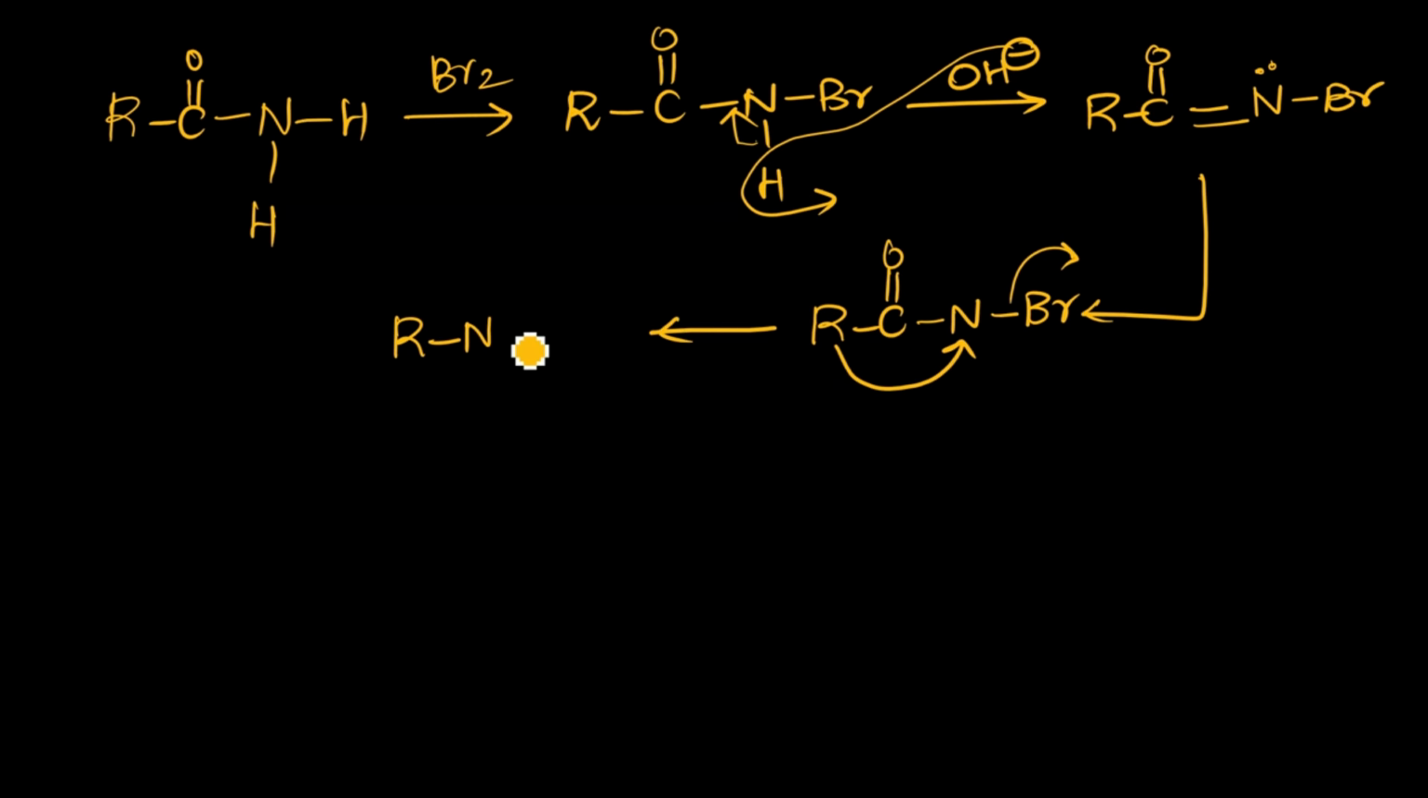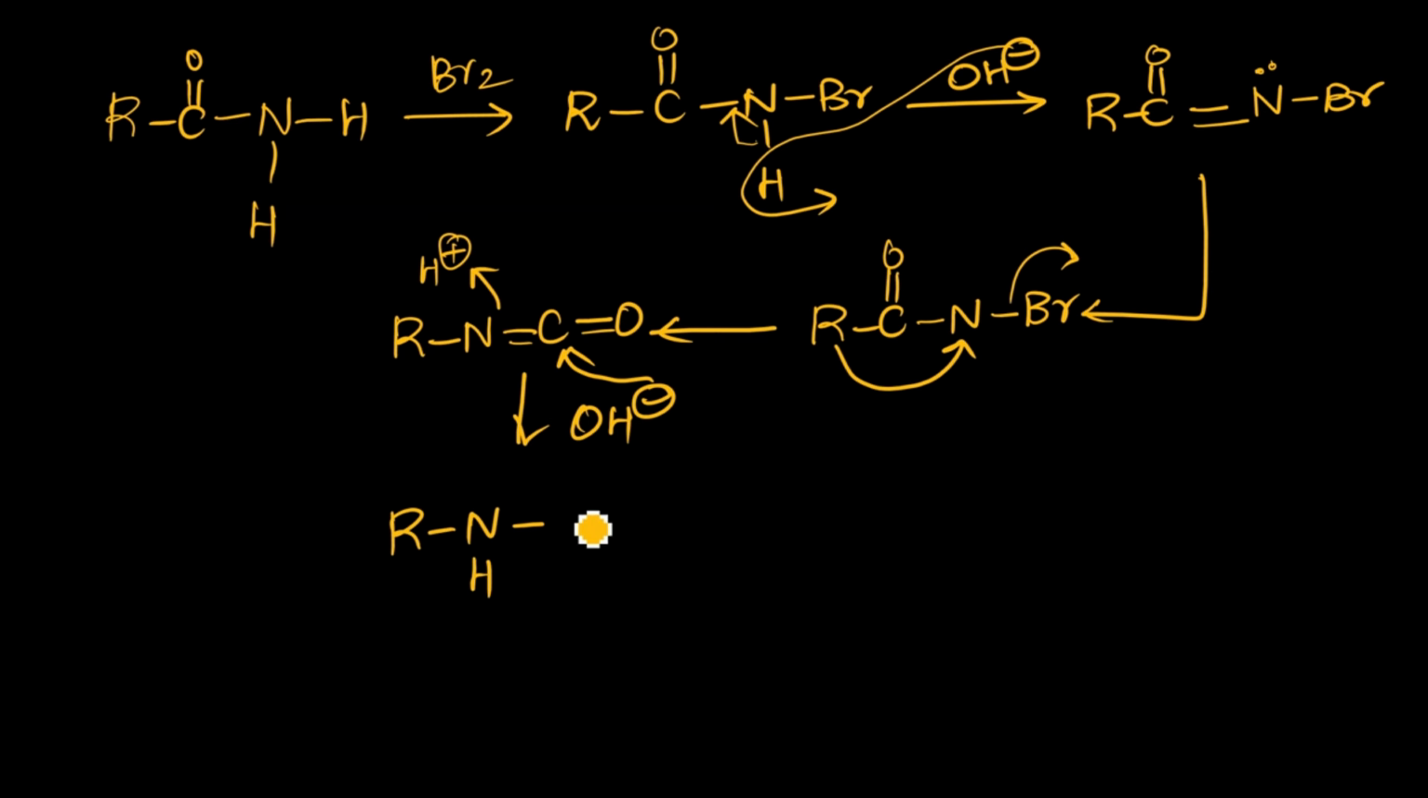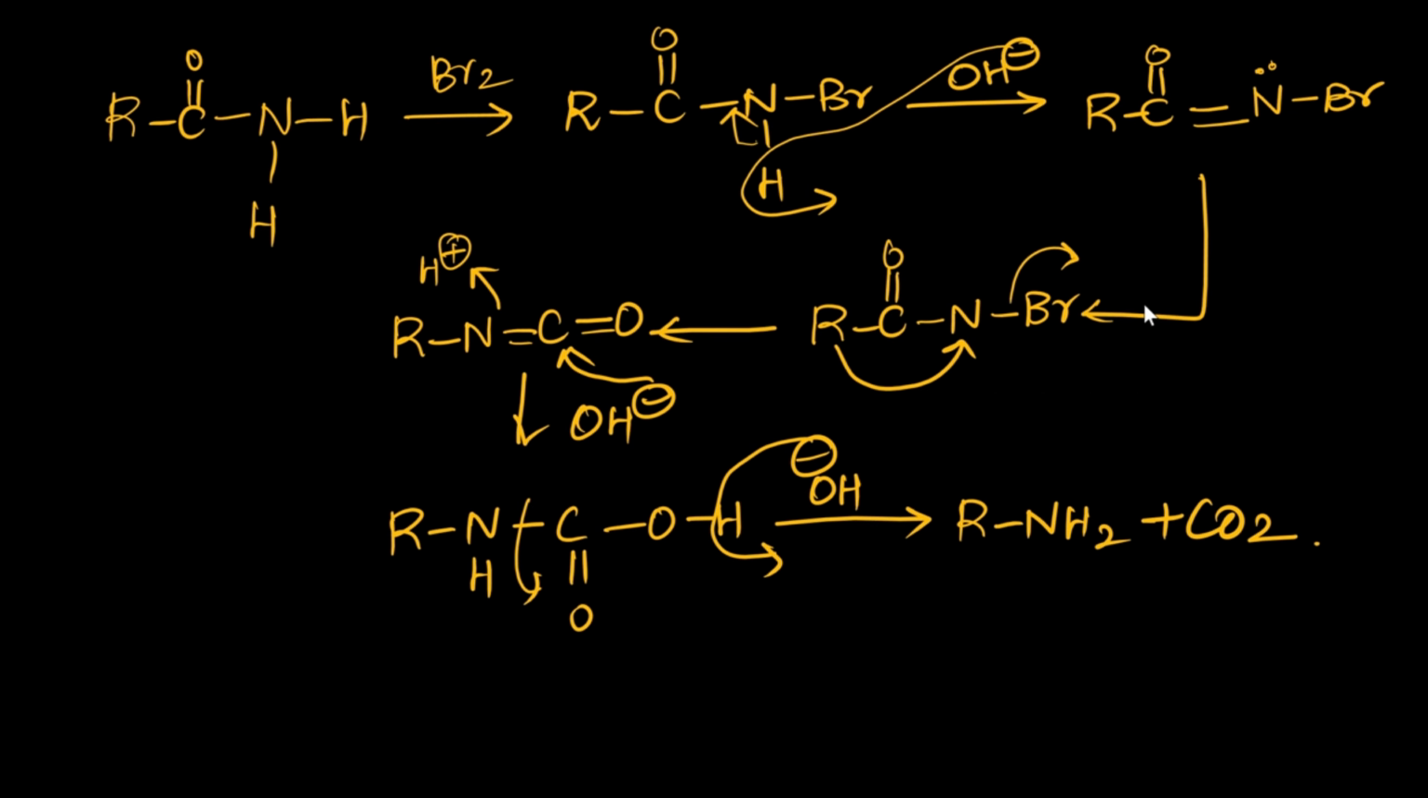So which will lead to the formation of RNC. The base will attack the carbon again, and the hydrogen will be attacking over here, so that it will form RNH, C double bond O, OH. Then OH will come again to take up the hydrogen. What they are asking is, before the rearrangement, what is the intermediate X formed? So the intermediate X over here